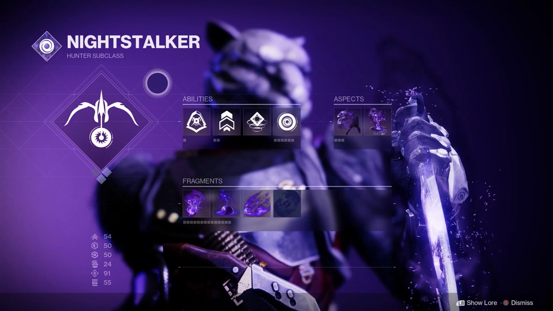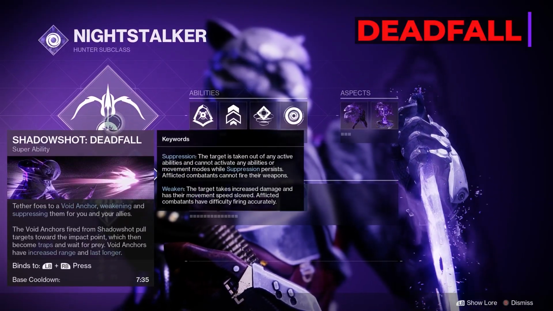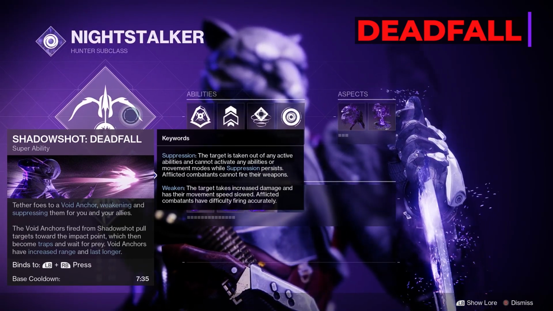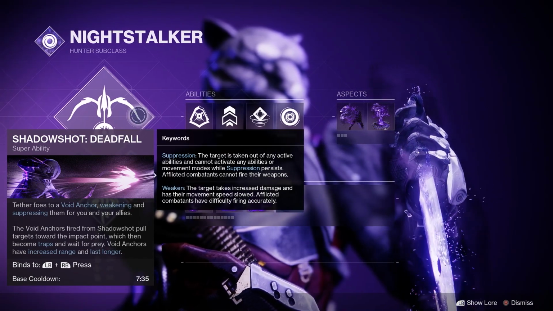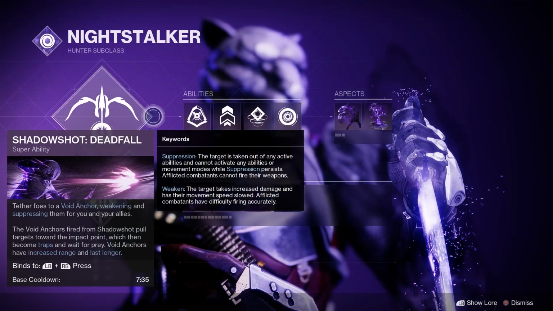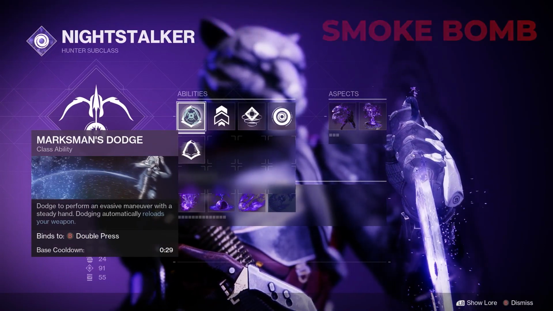Starting with the Nightstalker Hunter, the super we're going with is Shadowshot Deadfall, simply because it has the quickest base cooldown of 7 minutes 35 seconds. Reason I want the quickest super is to be able to power up my Agers Scepter using my super, but more on that later in the video. Oh, if you don't have Agers Scepter yet, you can purchase it from the Monument to Lost Lights kiosk at the tower. Now, we're going to be using Marksman Dodge to reload our Agers Scepter by dodging, our Smoke Bomb,